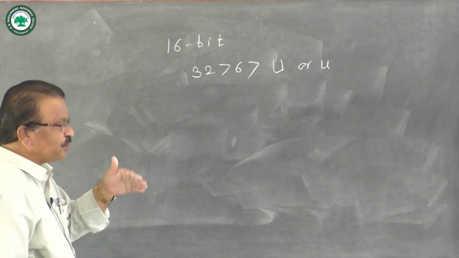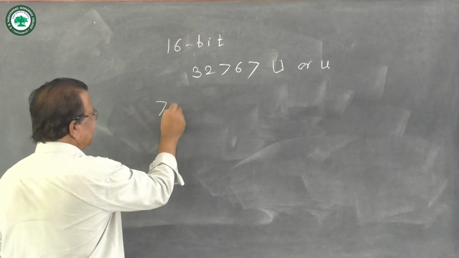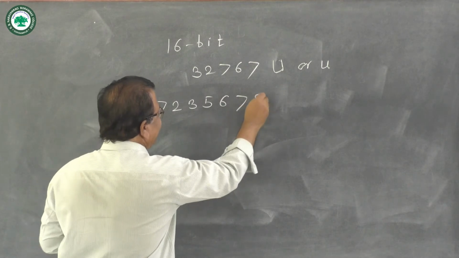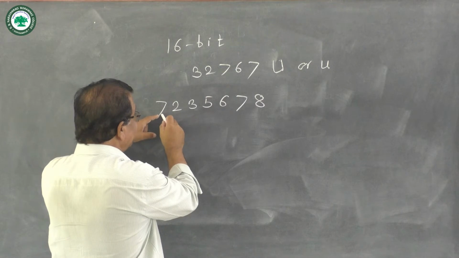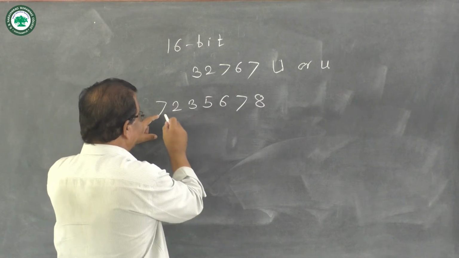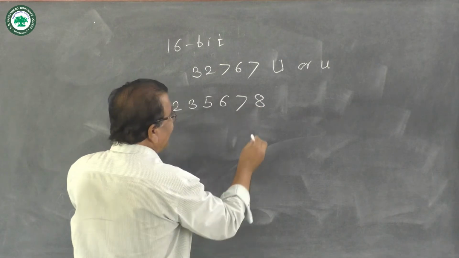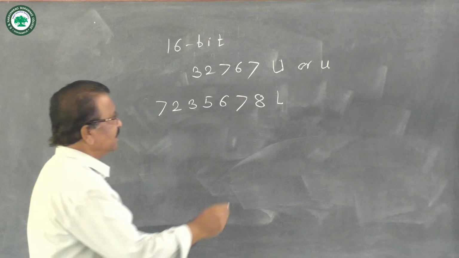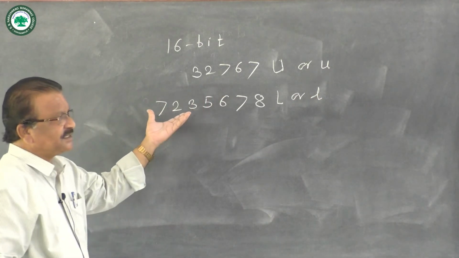If I want to store a 7 to 8 digit number, for example 7235678, or a 7-digit number such as 1234567, then I have to append L for long, or small l, to this number, and then this number will get